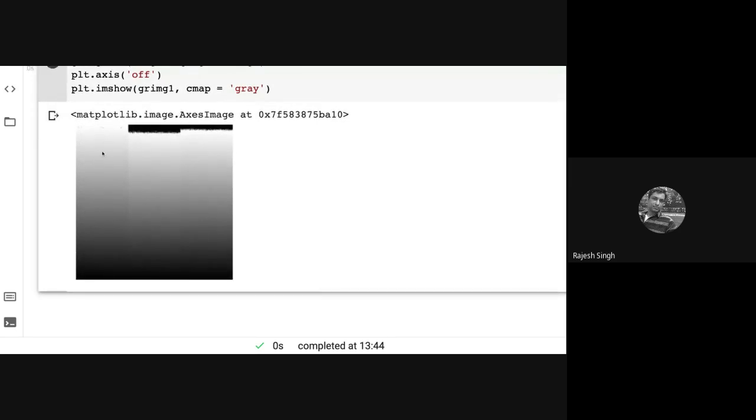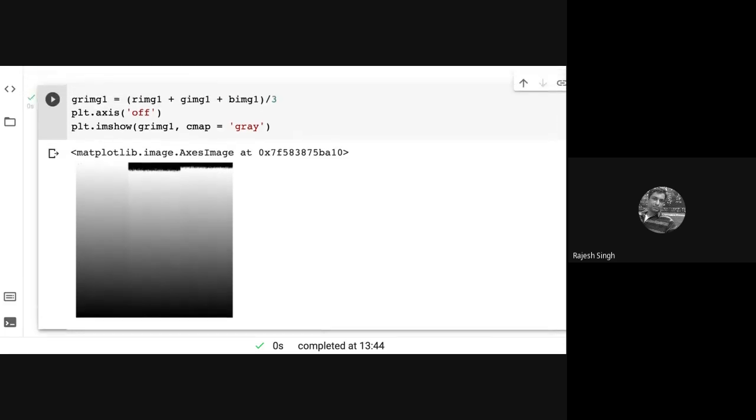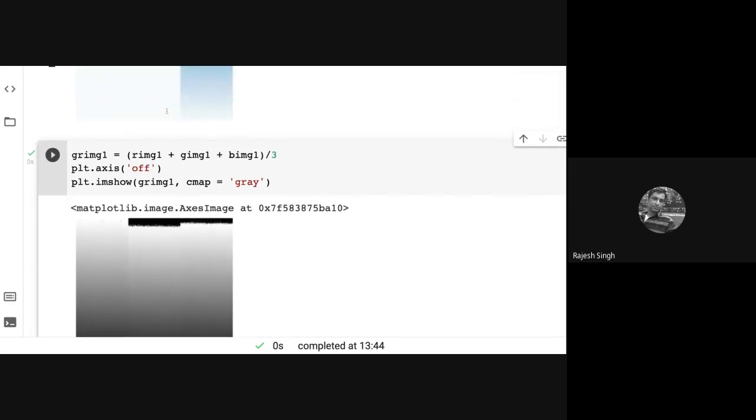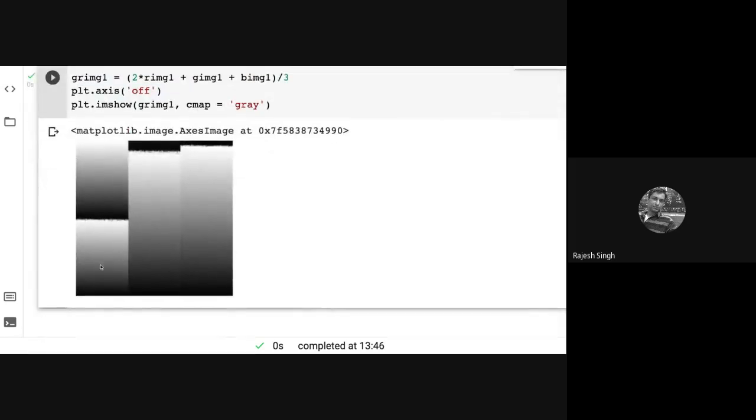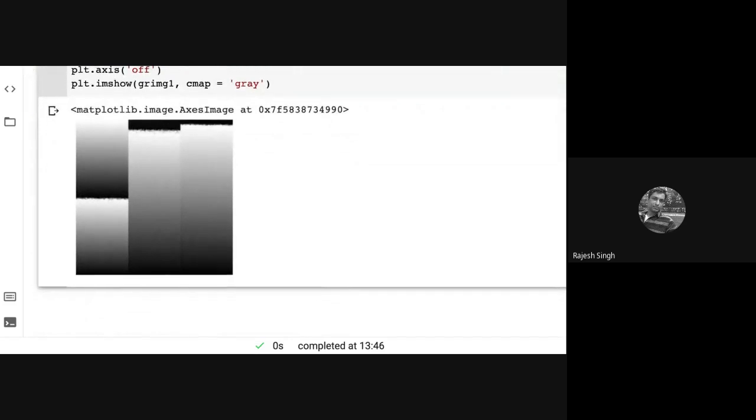You will be amazed to realize that these 3 strips are identical in grayscale. Even though they have different red, blue, green components, they are identical in the grayscale region. This also gives you some idea about changing the weightages. If you change the weightages along the 3 axes, you can create some differentiation here. Suppose I say 2 star into red, and leave the others as they are and run again, you will find that the weightage has changed. That I leave you people to explore.